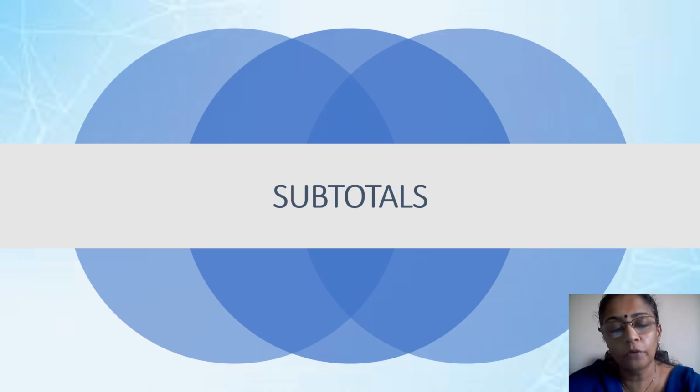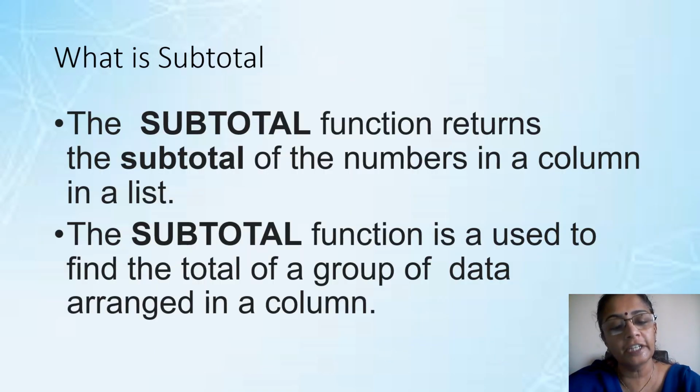The next topic that we are going to do is subtotals. Now what are subtotals? The subtotal function returns the subtotal of the number of columns in a list. So a subtotal is to find out the total of a particular group of data which is arranged in a column. So when there is a big group of data, say for example the data of a particular class or a particular house, or in a shop, there are many items that you have sold, so many keyboards, many printers,